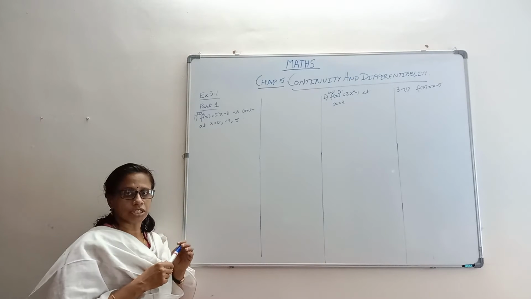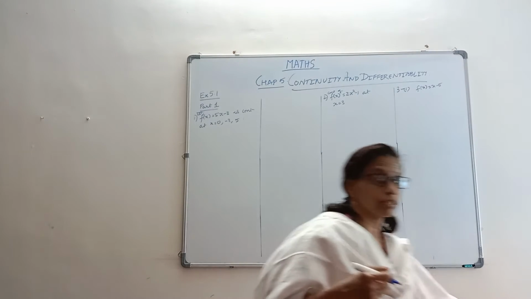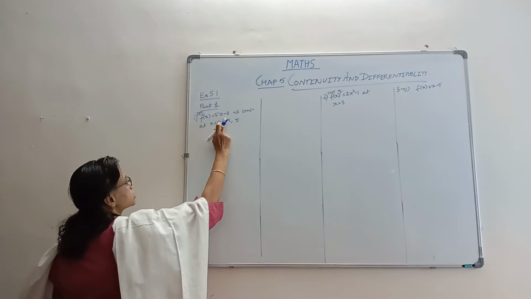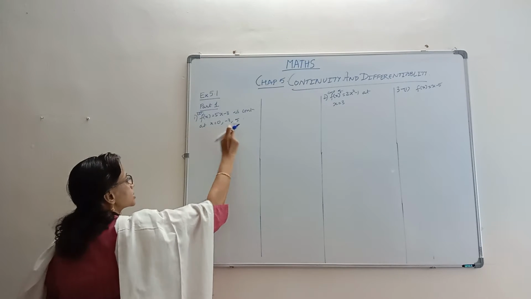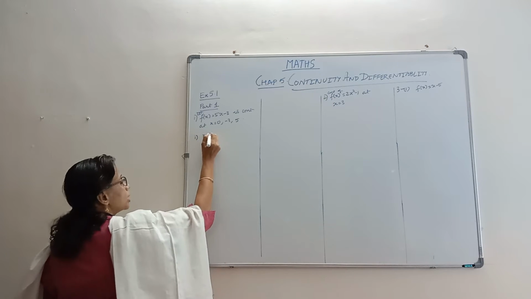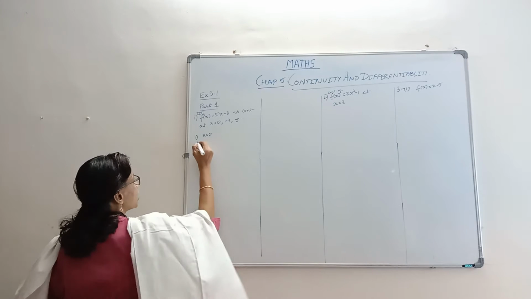They have given several functions. We have to find out whether each is continuous or not. Now let's see this question. It says that f of x is 5x minus 3. You have to check whether this is continuous at x equal to 0, x equal to minus 3 and x equal to 5. So the first case, x equal to 0. In order to show that it is continuous, which is that algebraic tool that we use, we have to actually show that